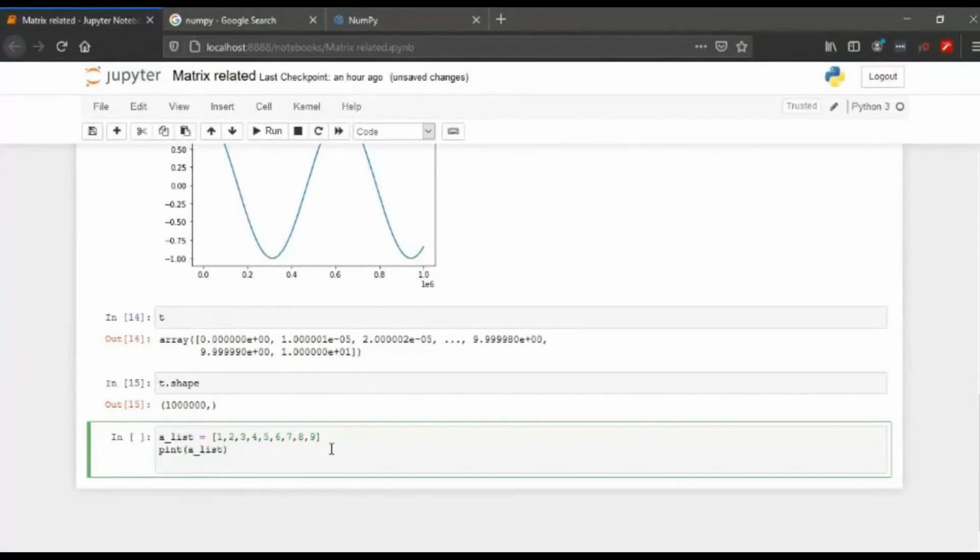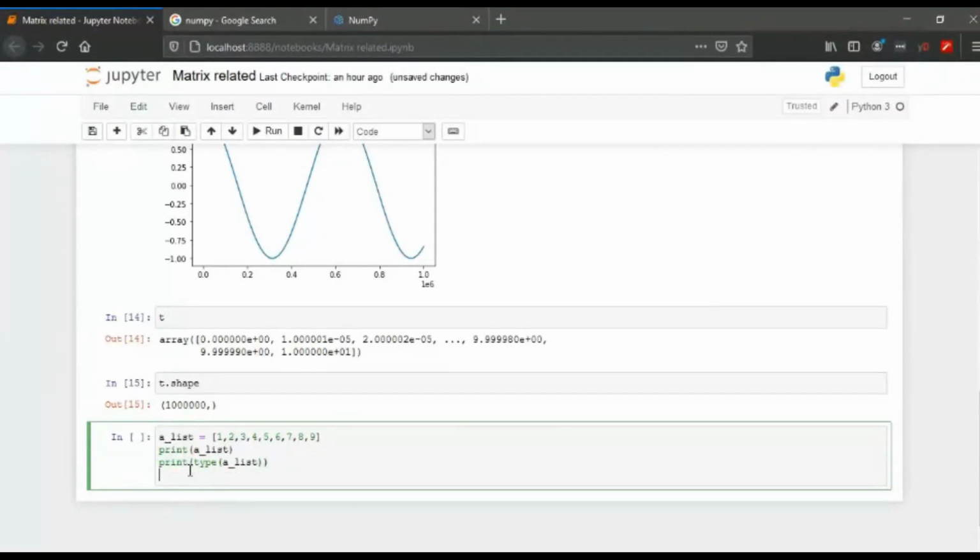and maybe I want to see the type. So print it, and I want to print the type of the list so that you know what kind of a list that is, because this is going to be a plain Python list. Okay, this is a plain Python list. Maybe I'm going to say that